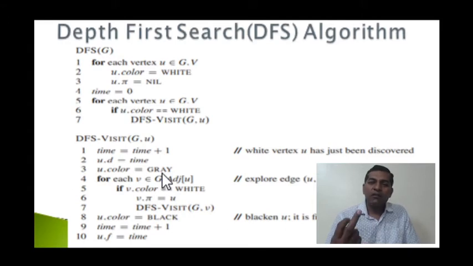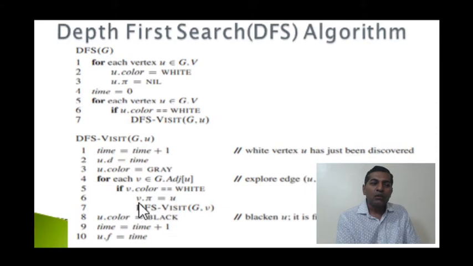We have discovered the vertex, that is why we'll assign it gray. First it was unvisited, that is why it was white. Now it is discovered, that is why we go with the gray color. So this particular vertex is shaded gray, and after that we have to check all the vertices adjacent to U, the one which we have selected. All the adjacent vertices of U are verified, whether the adjacent vertex of U is white. If it is white, if it is undiscovered, then we'll go and discover it.